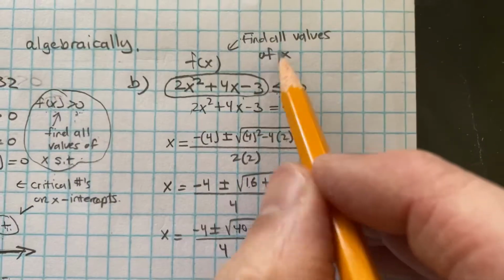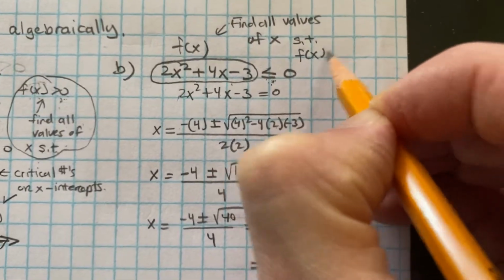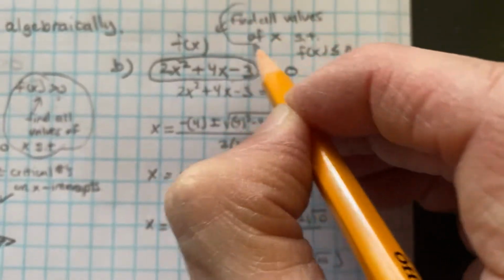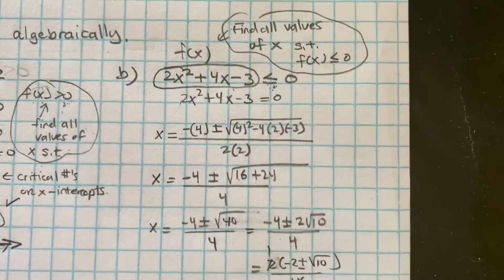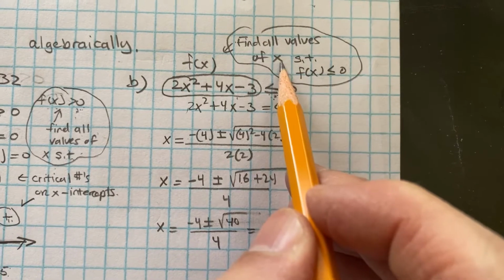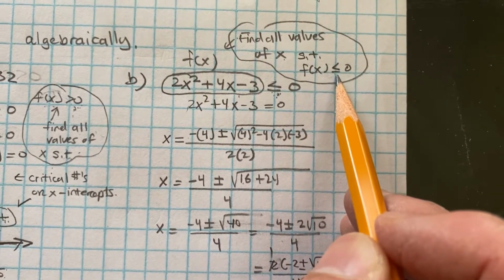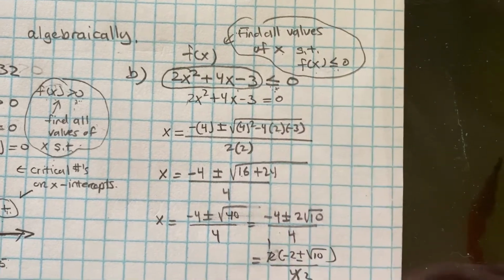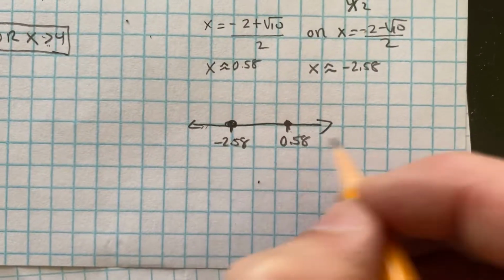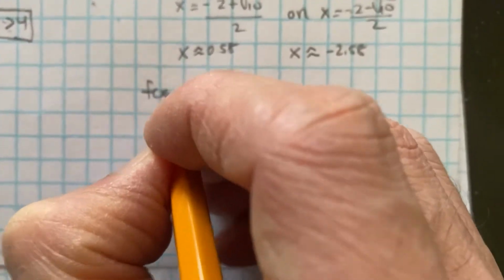We want all values of x such that f of x is less than or equal to 0. That's basically what this inequality is saying when you're solving a quadratic inequality. So I want to find all the x values where the y value is less than or equal to 0, in other words, where the y value is negative. So, just like we did on the previous problem, call this x, call this f of x,